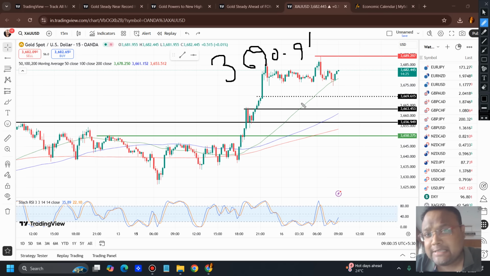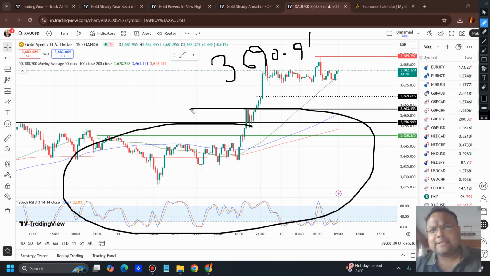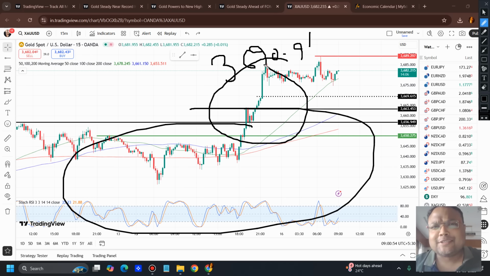Yesterday when we were discussing gold, it was trading somewhere around here. As the market was sideways, we still decided to stick to the trend of the market and only look for buying opportunities because the overall trend was bullish. But honestly speaking, this was totally unexpected. And obviously gold is full of surprises, there is no doubt about it. But before a major event like NFP or CPI, if the market moves, that is really a big surprise or shock, we can say.